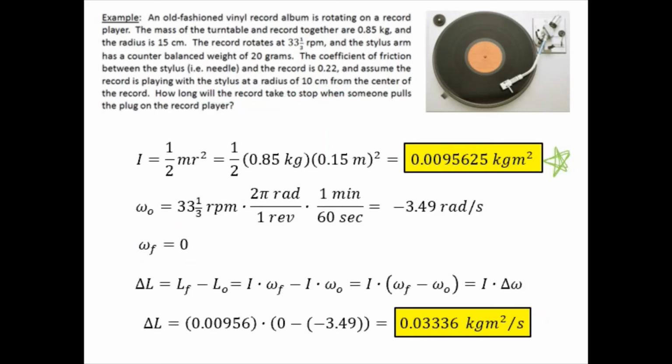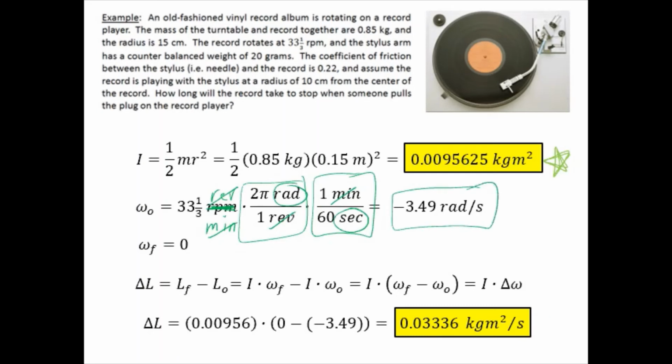At this point, though, the original angular velocity is not in standard units; it's in RPM. But we do know there's 2 pi radians per revolution, and we do know that 60 seconds is the same as a minute. And so if this is revolutions per minute, another way we could write that would be revs per minute, is what RPM stands for. And so we're canceling the units of revs up top with the rev on the bottom. The minutes here cancel with the minutes there, and we will end up in units of radians per second, which is our standard unit. So we go ahead and do that, and we get an answer of minus 3.49 radians